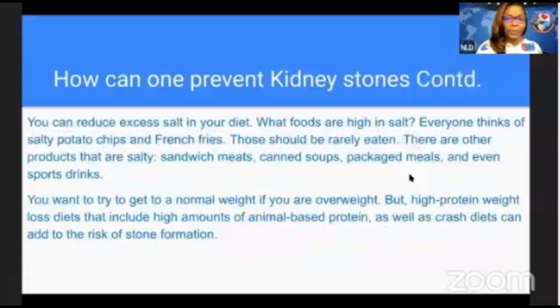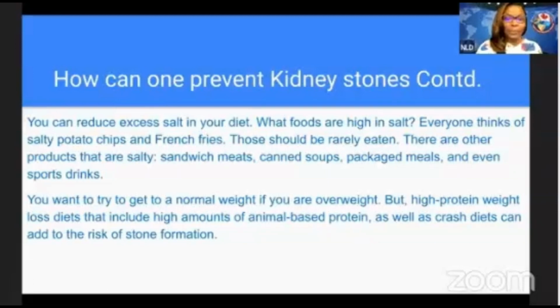You can reduce excess salt in your diet. What foods are high in salt? Everyone thinks of salty potato chips and French fries. Those should be rarely eaten, but there are other products that are salty, like your sandwich meats, your canned soups, your packaged meals, and even sports drinks. So you want to learn how to read the labels of what you're purchasing, for yourself as well